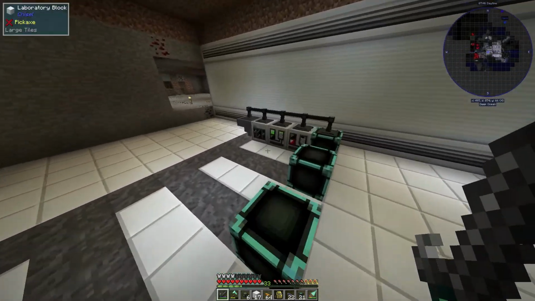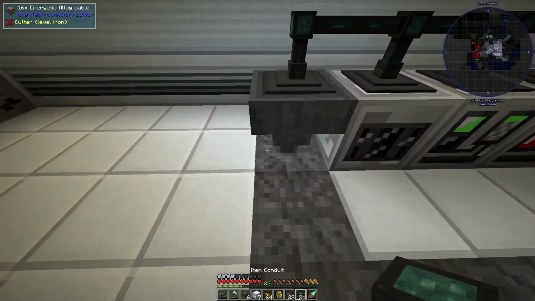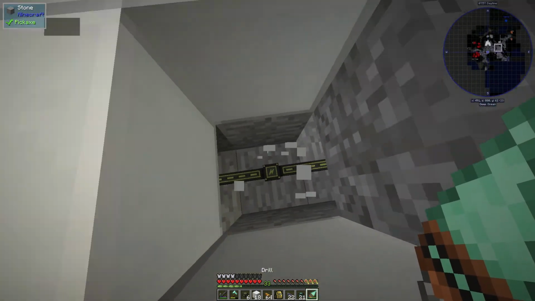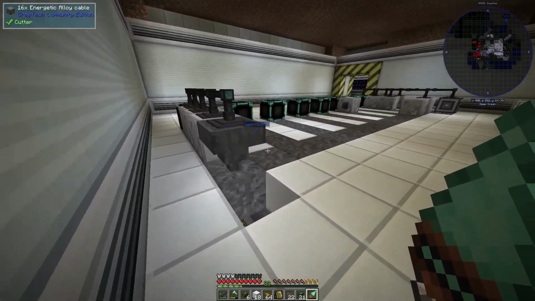Like, I'll set an export bus over here, too. Actually, I could probably run that now. So, like this, I just filled with copper. I'll let it run out, but then I can put an interface here, right? And if I run the interface there, I can make it...